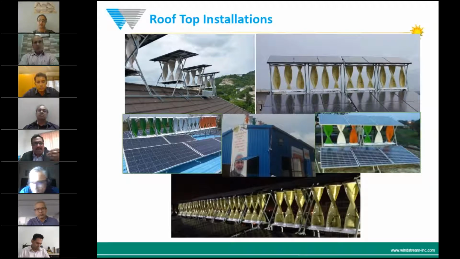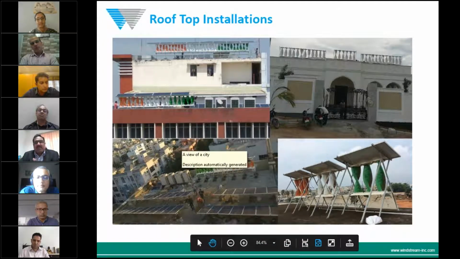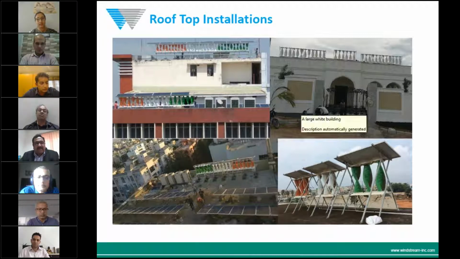It can go on any kind of rooftops. It has a tilted roof version and a flat roof version, and it's a scalable and modular system. It can go from 0.5 kilowatt to any megawatt or kilowatt capacity on the rooftop. Typically, we have done these applications on government buildings, school buildings, and residential buildings, and the power that we create comes from the lowest wind speeds. Generation from the lowest wind speeds.